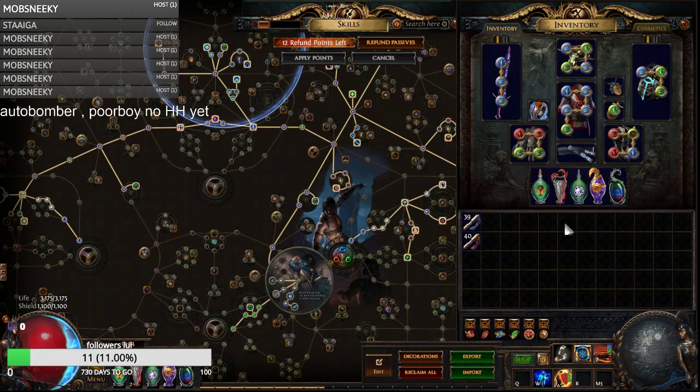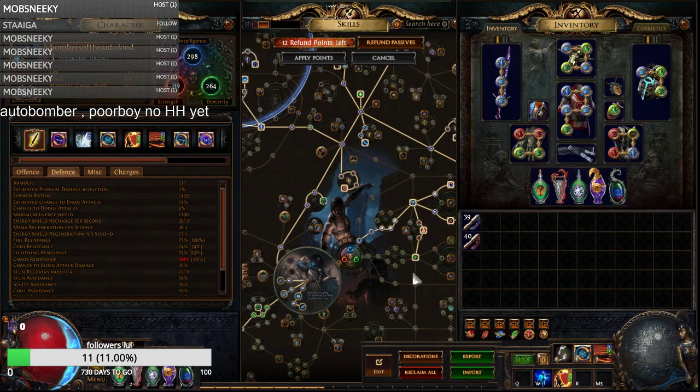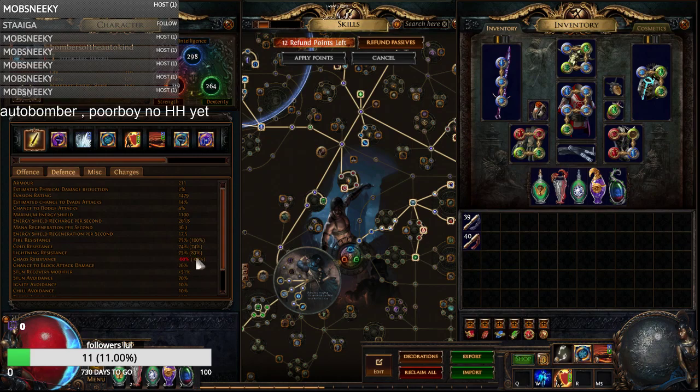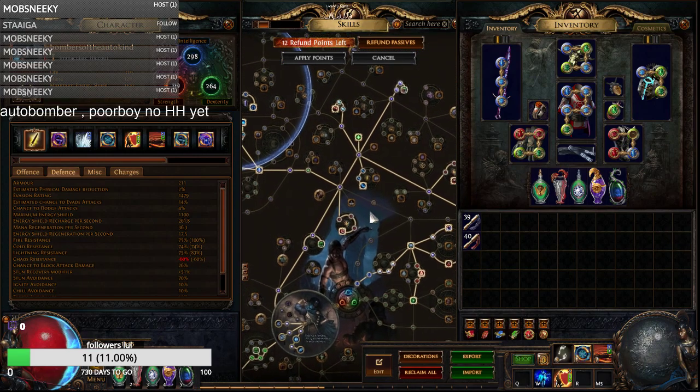And Wise Oak right now is giving me the last percent of cold. Also, my resistances are really bad for the fire resistance, so I can get an entire 12% more penetration if my cold and lightning are higher than fire, but it's not because I'm bad at this video game. But anyway,